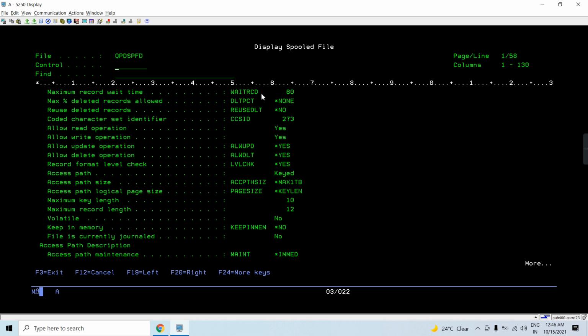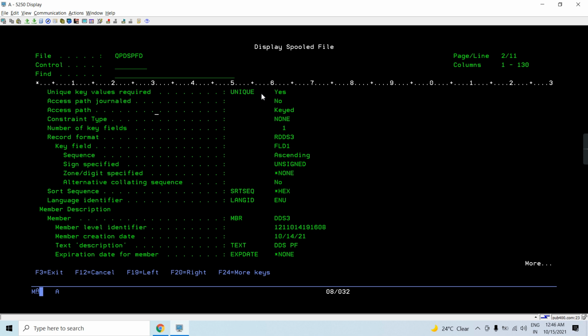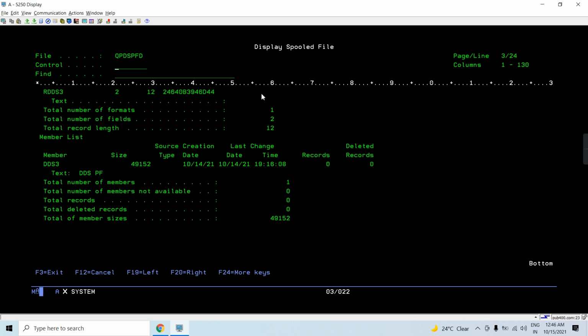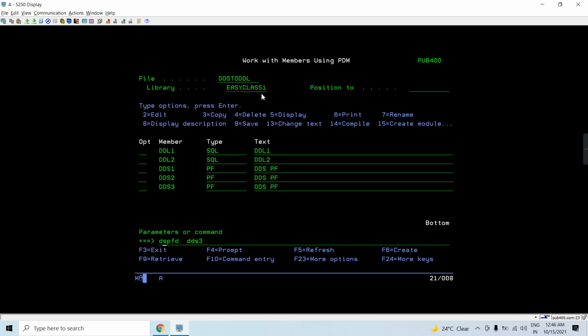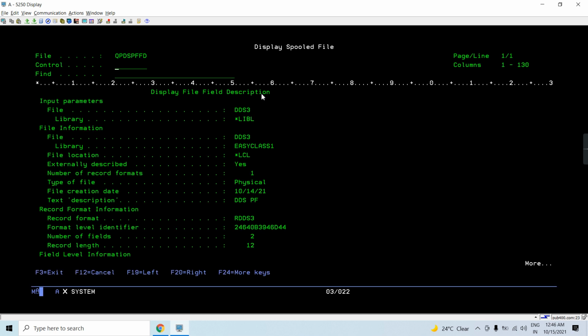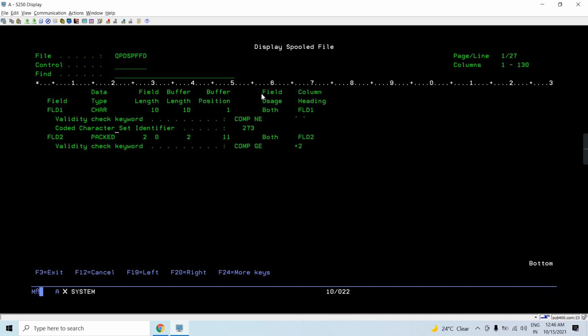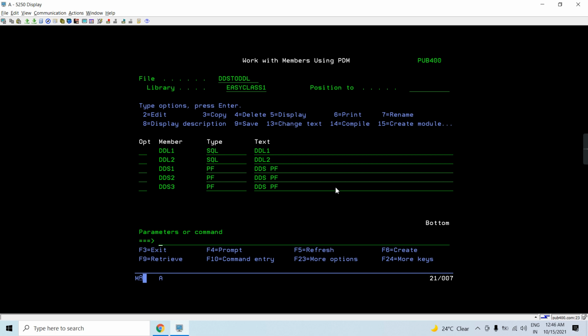If I show you the DSPFD information, this has a unique key named field 1. Here you can see a validity check keyword is used, compare not equal to blank, and validity check keyword compare greater than equal to 2 is used here.